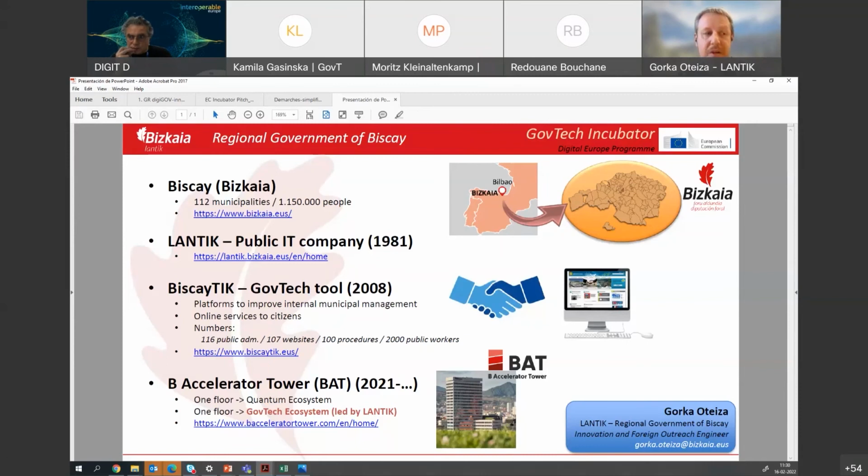Our last initiative, and this is the one we want to put on the table because I think it is the most interesting one, is the B Accelerator Tower. It's a big building in the center of Bilbao where the administration and the government are going to put all the bet on it. One floor is going to have a quantum ecosystem. We are also deep inside quantum technologies, but the interest here for us is the Goptec ecosystem. A whole floor is going to be a quantum Goptec ecosystem with a Goptec Lab and many initiatives with public and private funding. They are going to be led by Lantic,